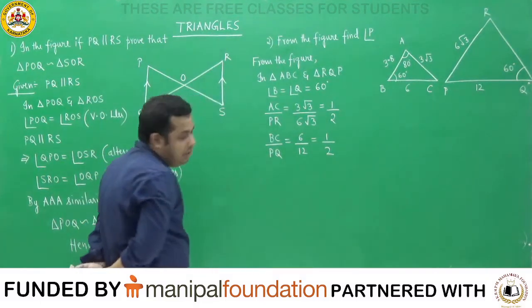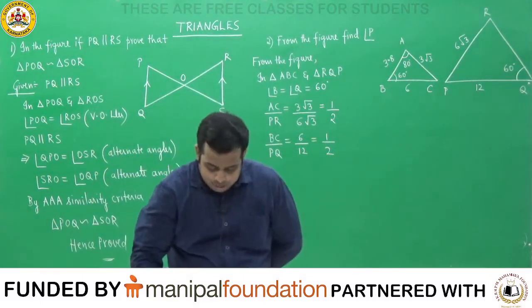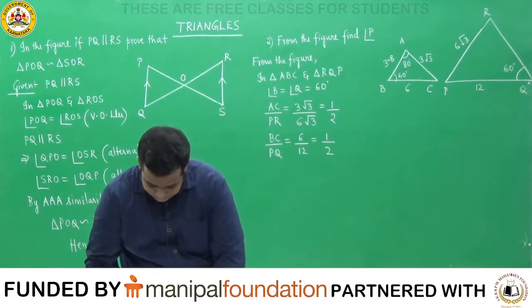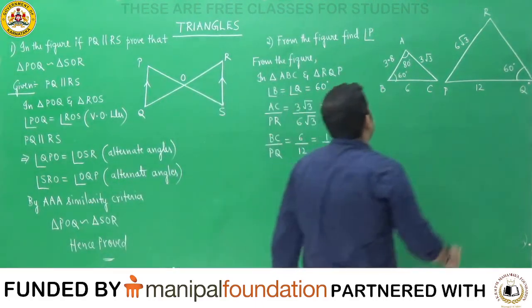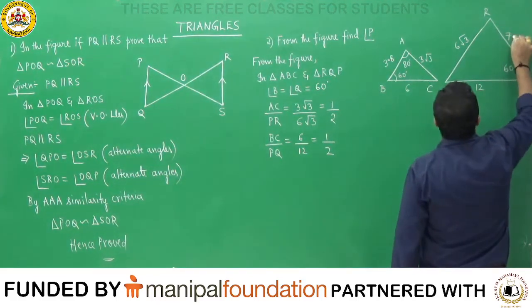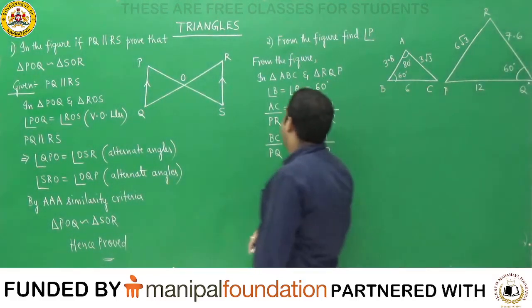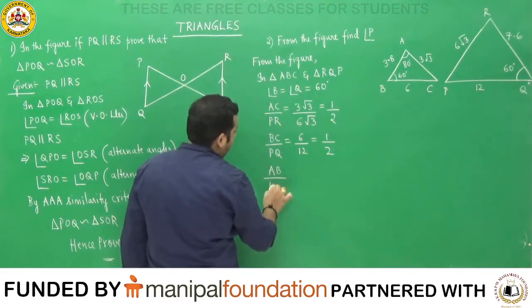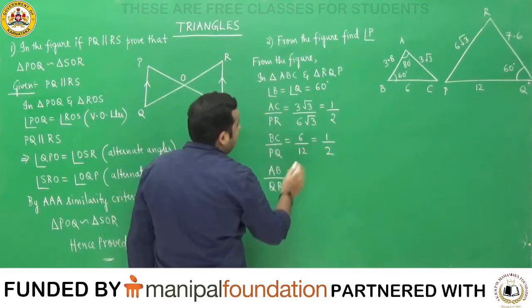And have they given the measure of any other side here? Let me see in the textbook, in the question. Yes, it's told in the problem. 7.6 is told in the problem here. This data we have missed, okay? 7.6 we have missed. So I can say AB divided by QR,